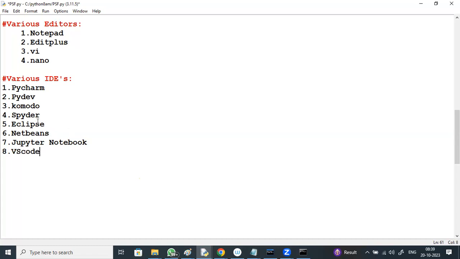Among all of these, PyCharm and VS Code are the most used ones.